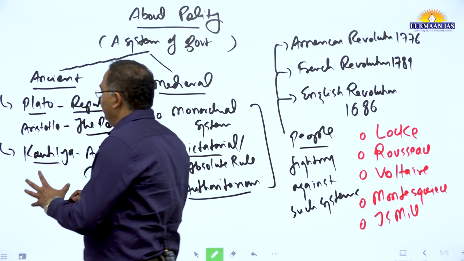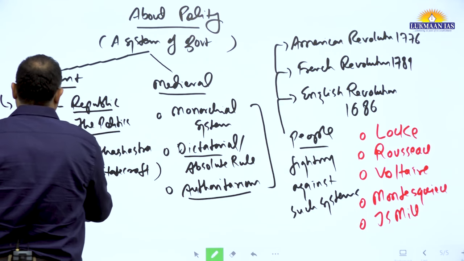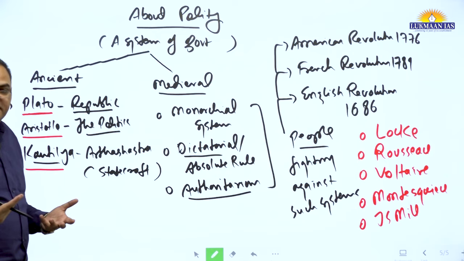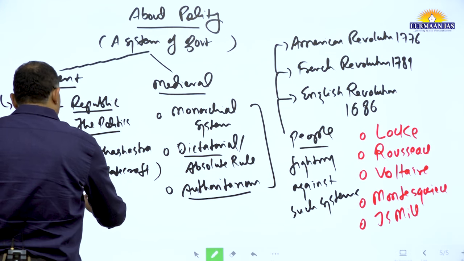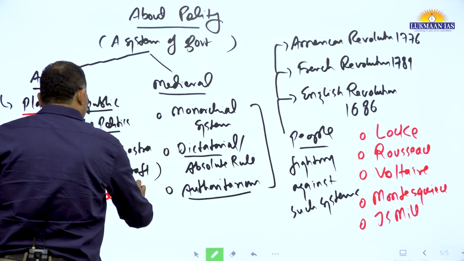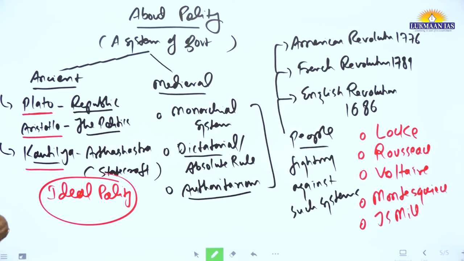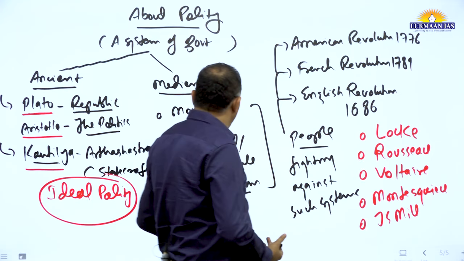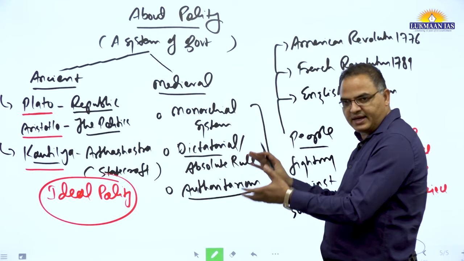There were thinkers, or political philosophers, like Plato, Aristotle, Kautilya. They had talked about an ideal system, basically. What did they talk about? Ideal polity, you can say that. Which still inspires us. Kautilya still inspires us. We have philosophy that we can consider. But there is a decline this time.